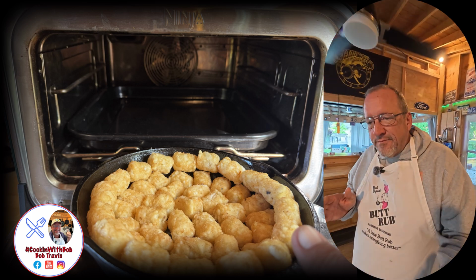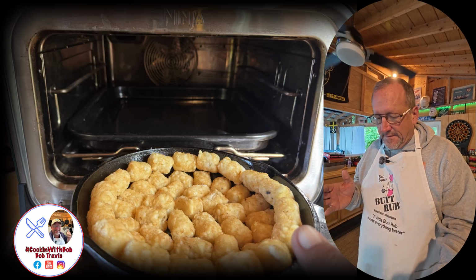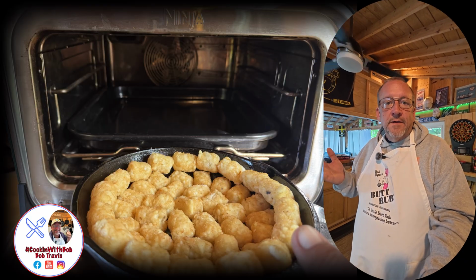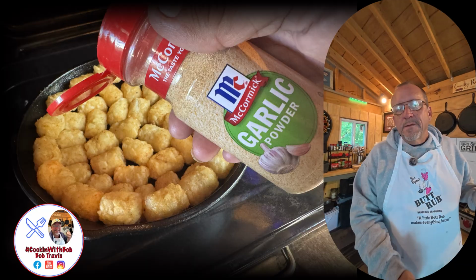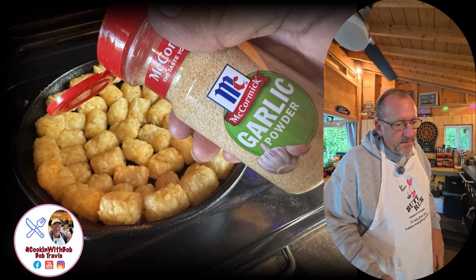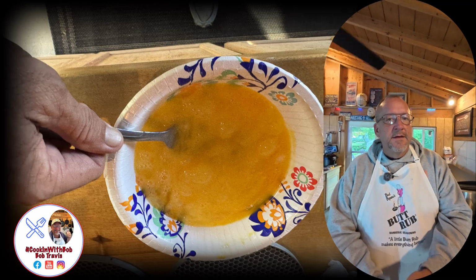You want to get them pretty close to being done. I like them a little bit crunchy. I think it makes the dish a lot better. So cook those probably about 3/4 of the way per the directions on the bag, or you can just check them. I usually put a little garlic powder on them while they're cooking, just to give it a little bit of flavor. And then once you get that all done, you just whip up some eggs, scramble them up, dump those